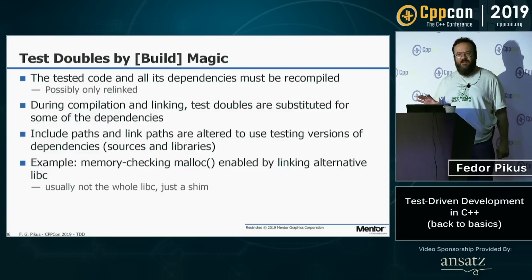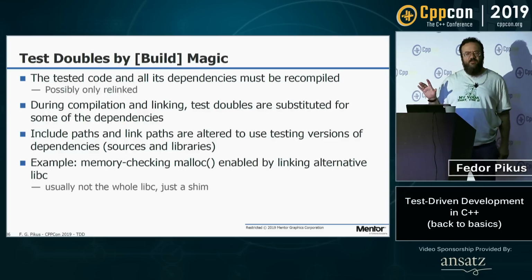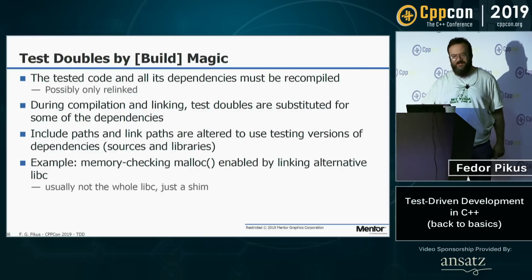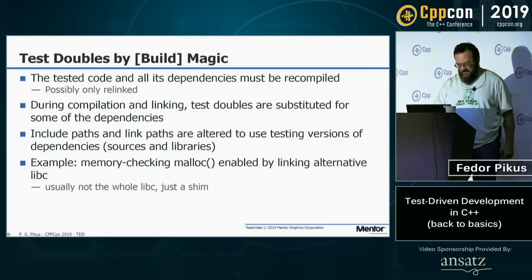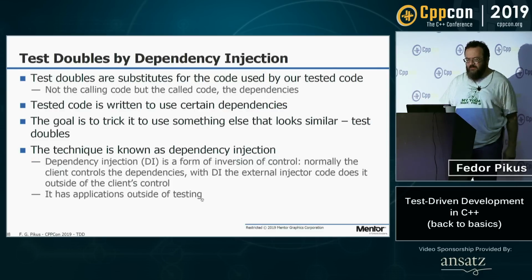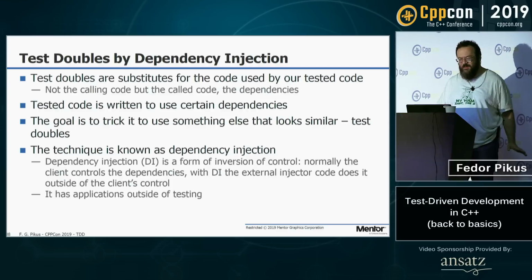It's written the same way, but the code it depends on, suddenly it's a different source file or a different object file. And if you think, ew, at this point, consider that if you used any kind of memory checker, you probably use this, because most of them slide in an alternative libc implementation that has a tracking malloc. Well, compiler magic, okay, kind of easy to do, some uneasy feeling there. Let's talk about C++ magic.